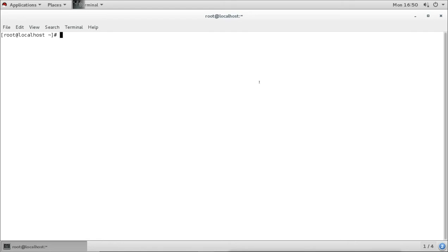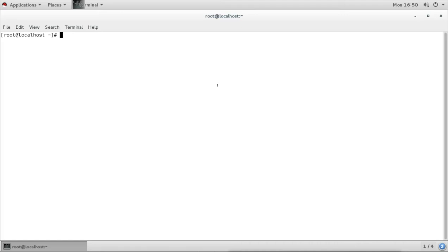Then in previous versions we have GRUB as a bootloader, GRUB version 1 in RHEL 6, and prior to RHEL 6 it was optional to have GRUB. The default bootloader was LILO, and we had the option to install GRUB as a bootloader. In RHEL 6 GRUB version 1 was by default, but now in RHEL 7 we have GRUB version 2.